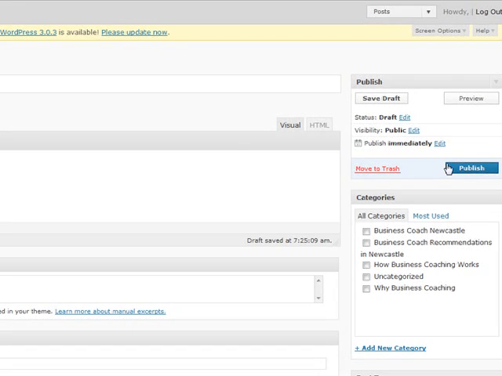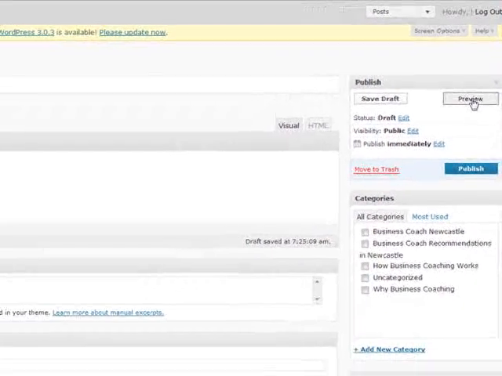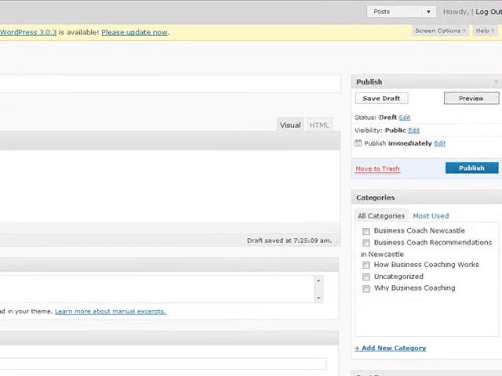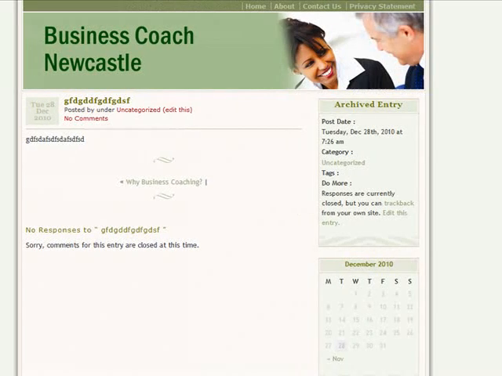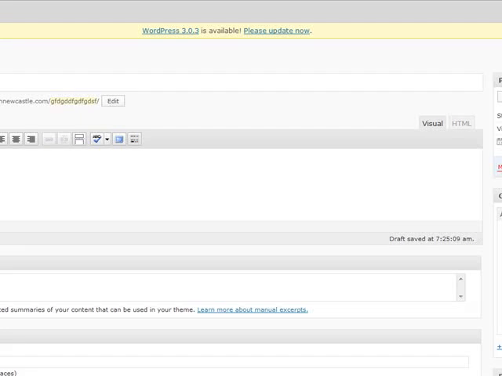and you'll notice there's a publish button or a preview button. So you can actually click on preview if you wanted to preview what this post looks like. So once you click on preview, it will bring up another internet window, and there's your post there. It's not saved yet, but that's what it would look like in your website. If we close out of there,